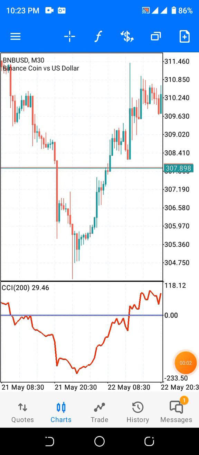Alright guys, welcome. This is one of my best trading strategies on Binance Coin USD. I make use of this on brokers. I also make use of it on crypto exchanges like Binance and Bitcoin, for crypto spot trading and future trading. So coming to broker trading, this is how I make use of this particular strategy and trade and